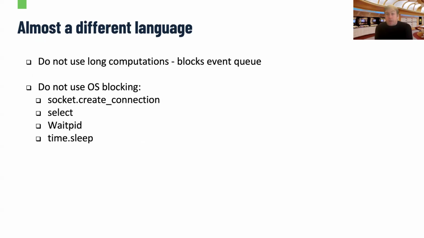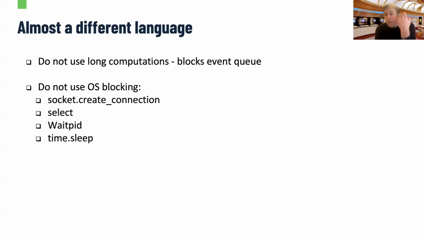But the downside of Async IO is that it's almost a different programming language. It looks like Python, and the constructs are very much like Python, with just a few more keywords, but it's very different in concept. Each coroutine, the functions that you call with await, has to be short enough to allow multiple contexts to run together. So you mustn't use long computations. You can't block the event queue, just like in a UI application, where you don't want the main loop to be blocked.